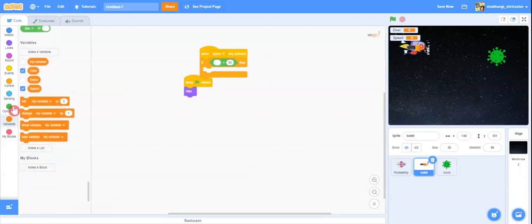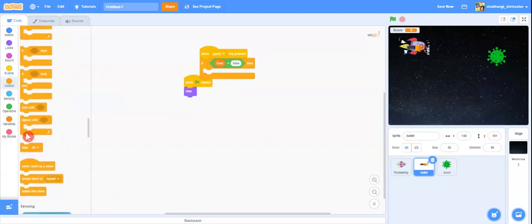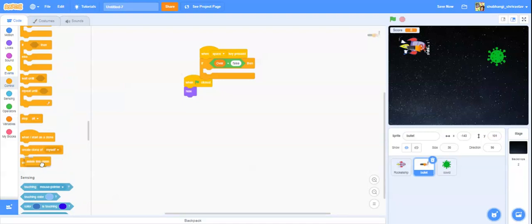So if the over is equal to false, okay, if the over is equal to false, oh wait, if the over is equal to false, just create a clone of myself, and after that, when I start as a clone, go to,